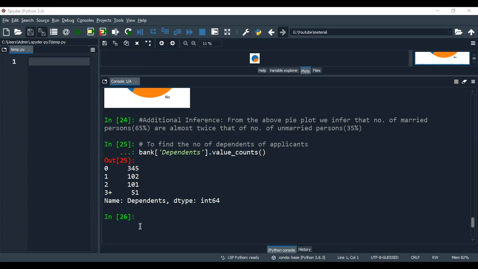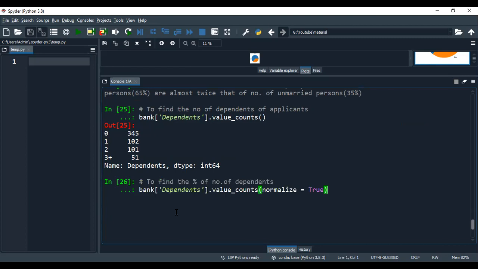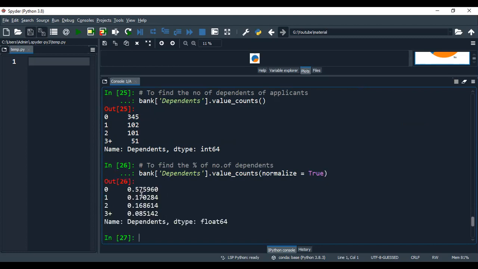Then, to find the percentage of dependents, we can do it like this, that is normalize equal to true, the row proportions. So likewise 0 with 57%, 1 with 17%, 2 with 16.8%, 3 plus with 9%.